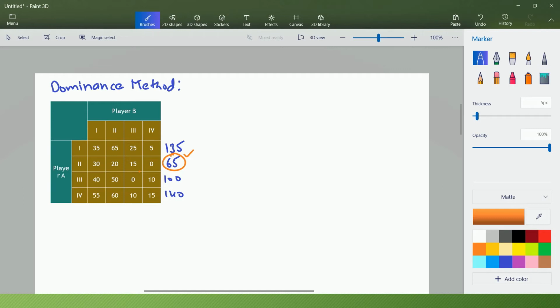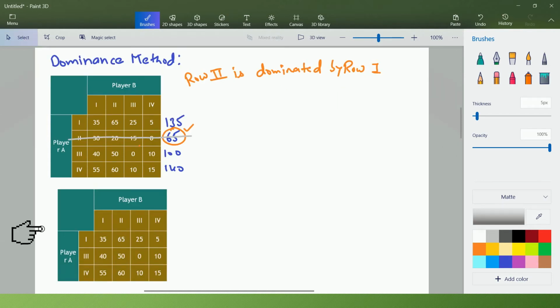That means row second is dominated by row 1. So we will delete row second. After deleting row second, we will have this payoff matrix.